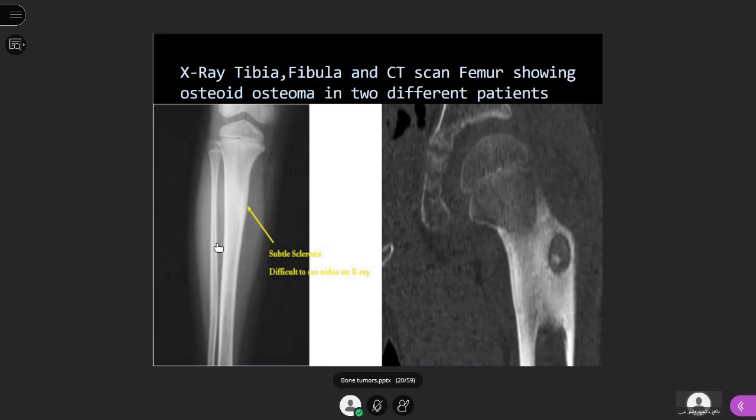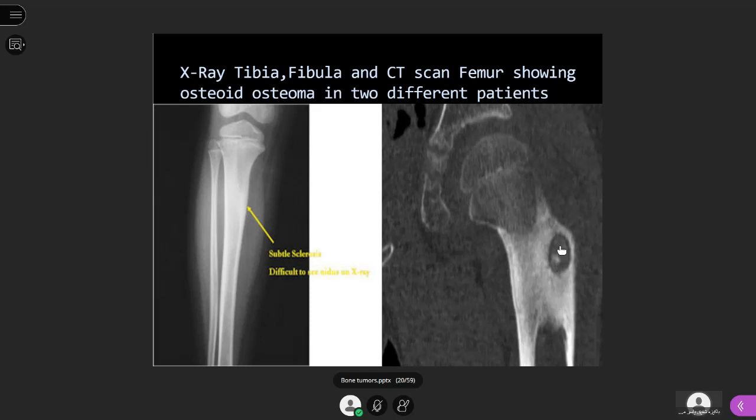So see, this is an X-ray of the tibia fibula, and what you see here is only an area of sclerosis with some expansion. Sclerosis means whiteness. Okay, the same terminology we used in chest was opacity, opacification. In the musculoskeletal system, you will say this is sclerosis. Okay, so if you see the CT scan, this is of a different patient. This is a CT scan of the hip joint, and this bone is the femur, and see the epiphysis not fused, then that means you are dealing with a patient who is less than 20 years of age.